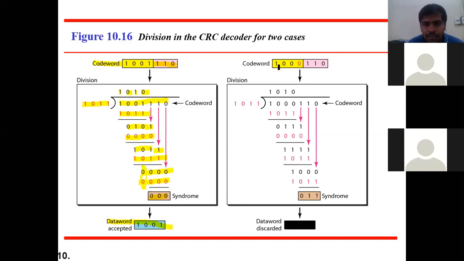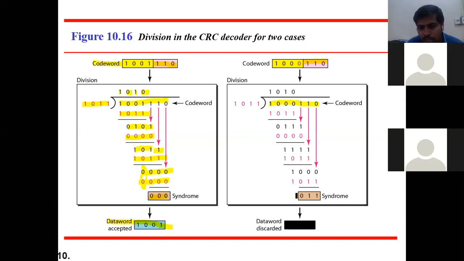Now assume that you come back here. Here one bit we have changed intentionally so that there is an error in the transmission. See here, 1001 is actually our data word, but I have modified it a little bit at the receiver side. That means an error occurred at the receiver side. So 1 I have converted to 0. That means an error has occurred. Then we have to check whether CRC will detect this error or not. Then take this data as an input, 1000110 instead of 1001010. We take the modified one, then do the division operation.